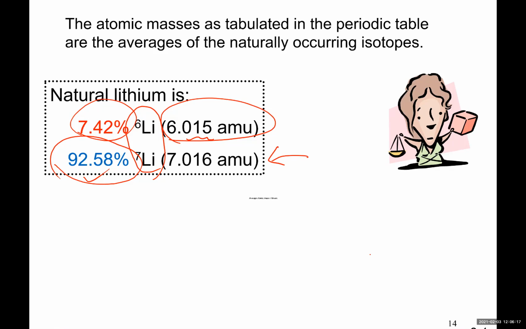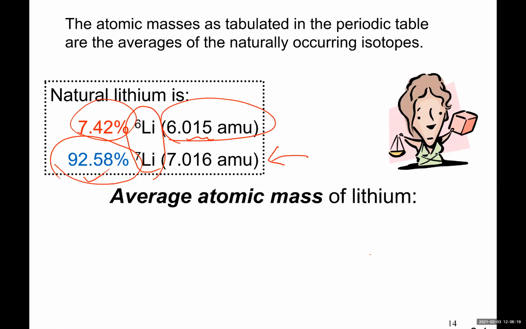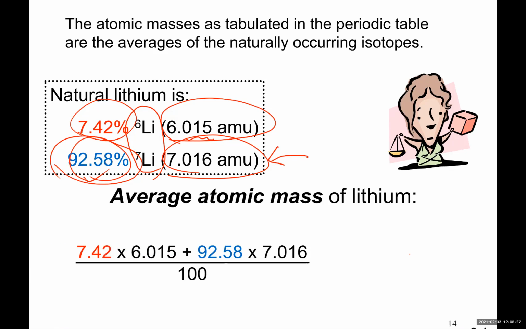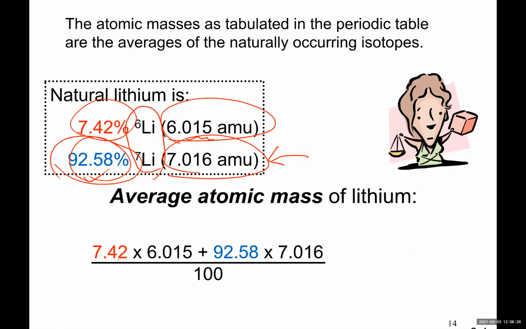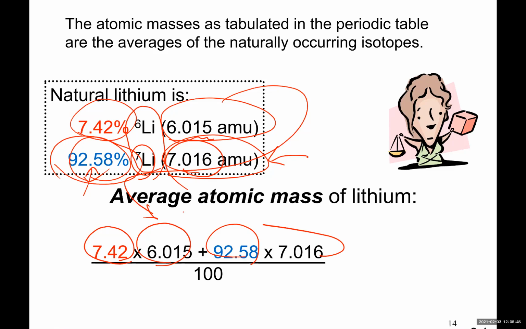So if I'm going to calculate average atomic mass of lithium, how do I do it? I must use abundance and mass of each isotope. So abundance 7.42% times the mass, which is right here. Abundance of lithium-7, 92.58 times the mass. And if I add the top of this ratio,